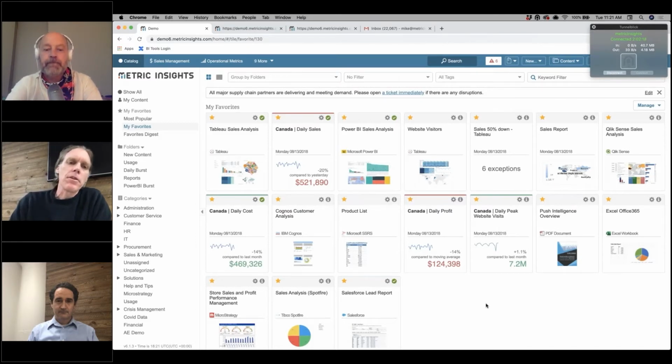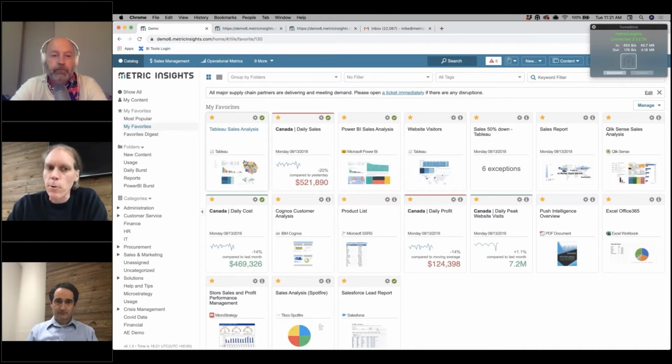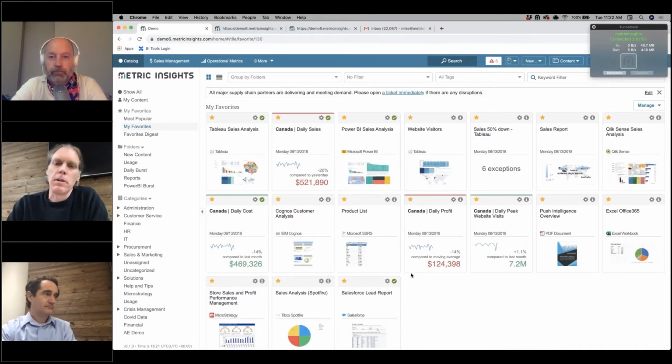And so each of these tiles that you're seeing on the screen is essentially coming through a plugin to a particular tool and is publishing a piece of content that is relevant and interesting to your users. That can obviously be the BI tools like Tableau or Power BI or Qlik or Cognos. Could be data coming from databases or reports from operational systems. Again, the concept is that we can connect to any tool and then allow you to publish the relevant content through. And if we take a look at a few of these tiles, we can talk about what's actually happening